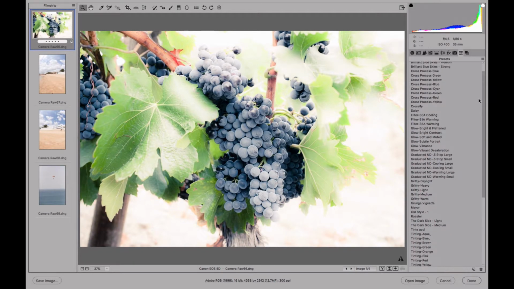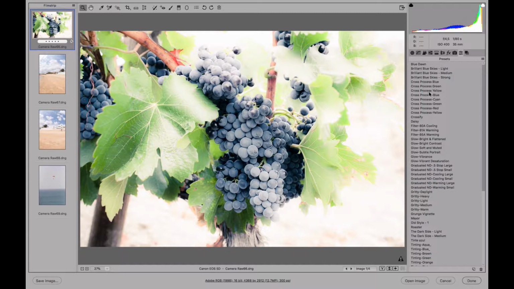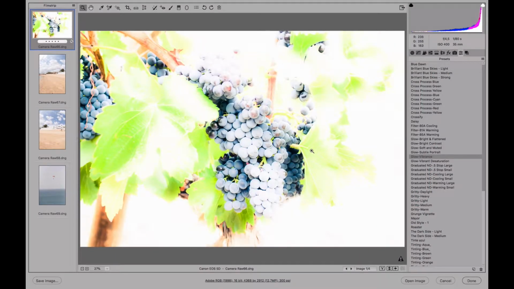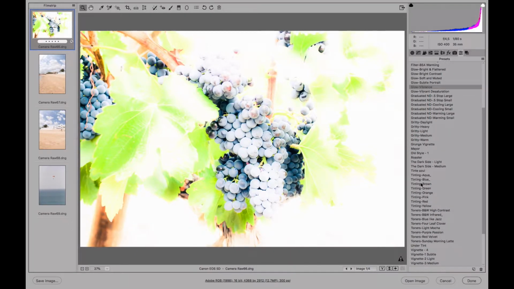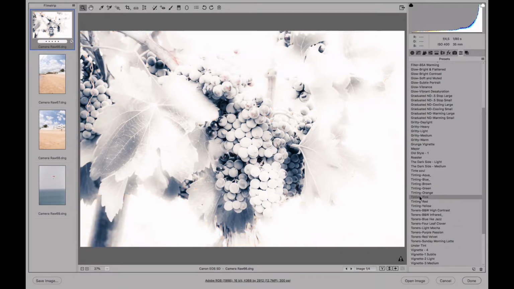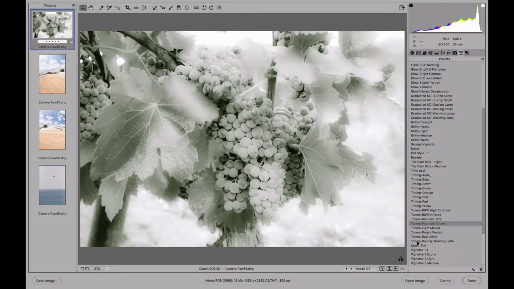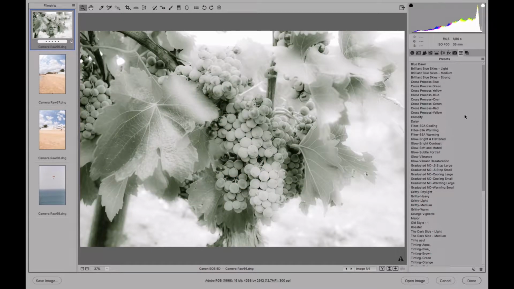Some of the names are personal names. Some are names that describe the process that was followed to get to that adjustment. Like this one here, blue down, that will make the image a little bit blue. And if it says low vibrance, it's going to make it glow, like with a little bit of saturated vibrance. Okay, so these are the presets that can be good for some of our photos,